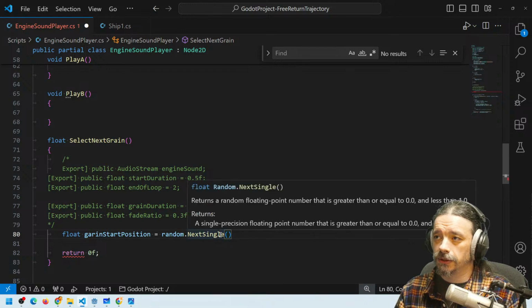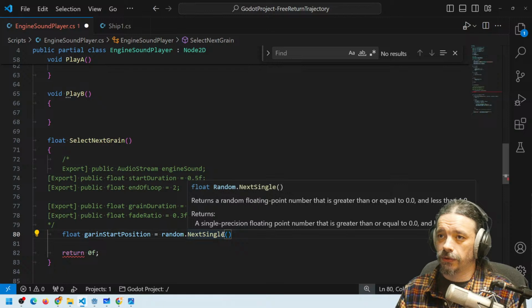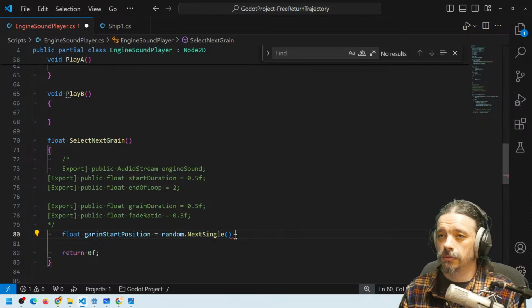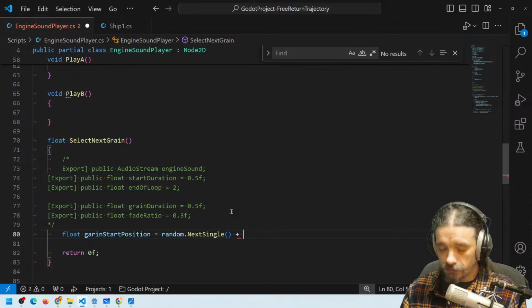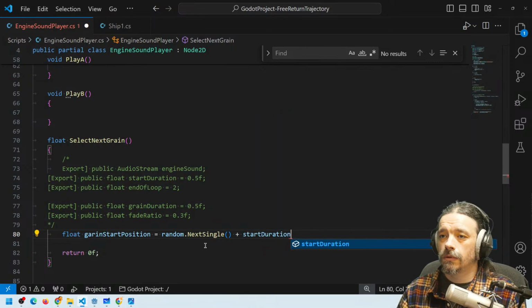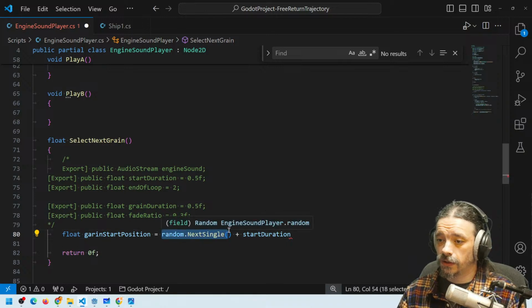The problem of single is we cannot use numbers inside single, so it's always between 0 and 1. So we need to pick up this and calculate whatever we need. So this will be from 0 to 1. So we need to, if 0 is 5, we need to add the start duration. So if this gives me a 0,